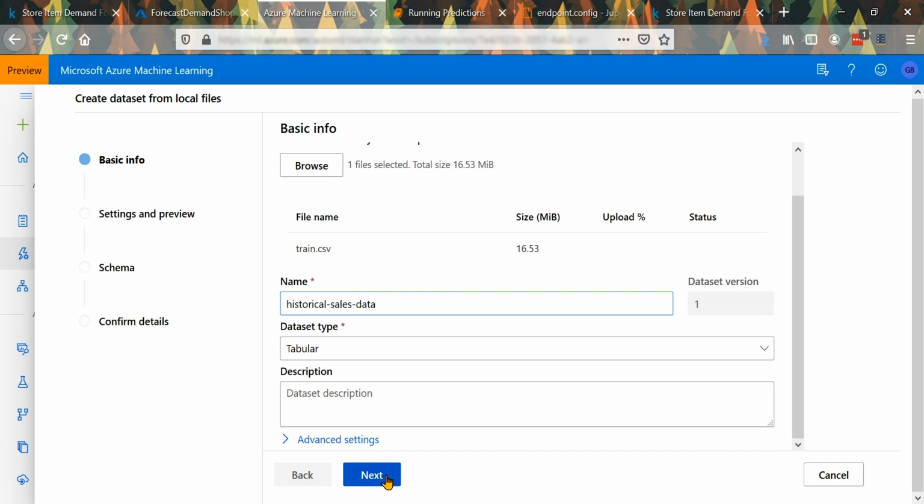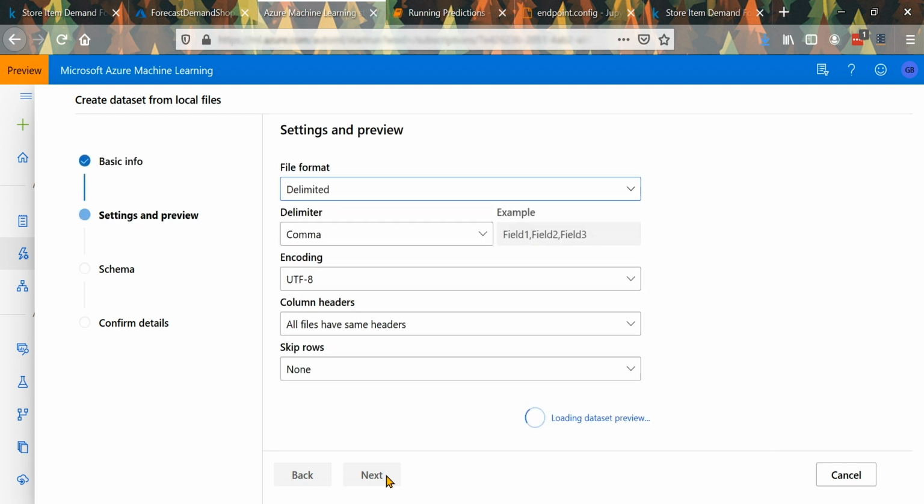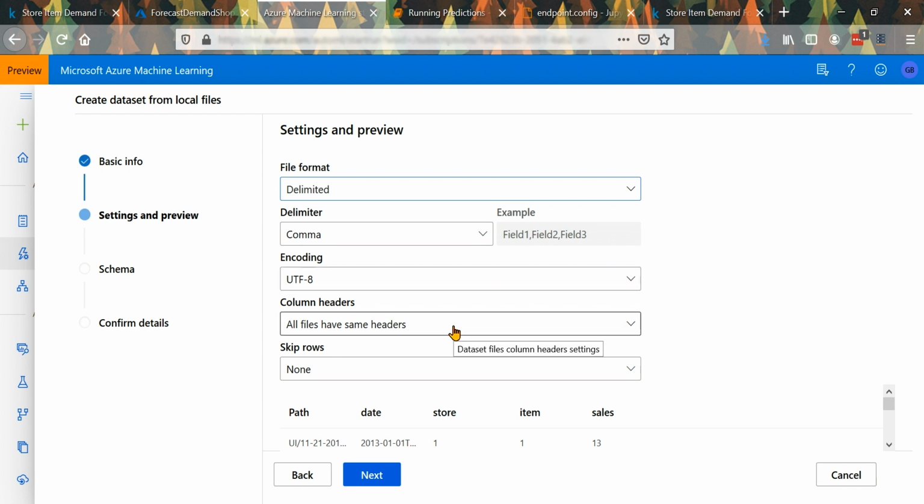The advanced settings, the default should be fine. And now we are waiting for Azure to parse our file. So we only have one file, so we don't have to worry about different files having different headers. We don't want to skip any rows, and it's a CSV, so it's comma separated. This was auto-detected by Azure, so it's very convenient for us. We can click on Next,